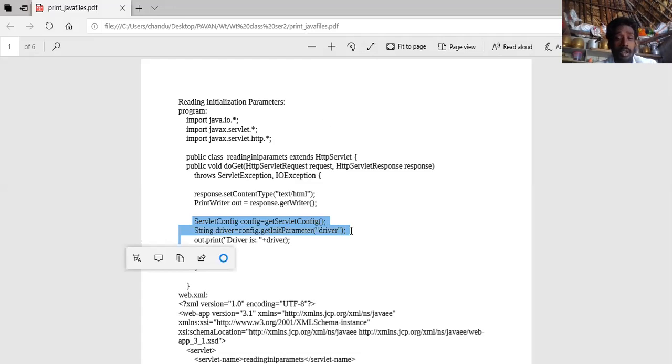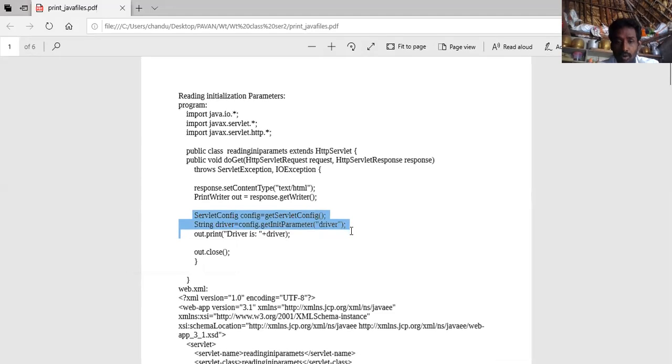Through the configuration object, we can access initialization parameters. The configuration object's getInitParameter is a method used to access the initialization parameters. It takes one argument, that is the name of the parameter.